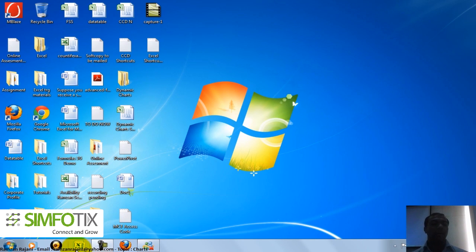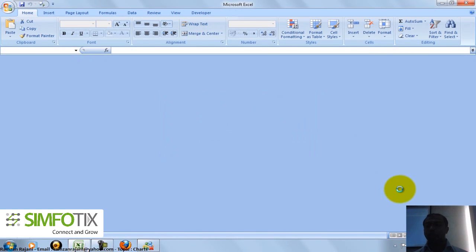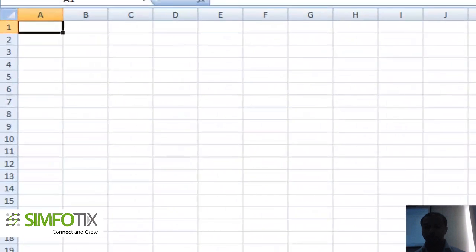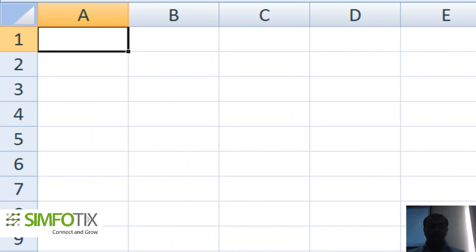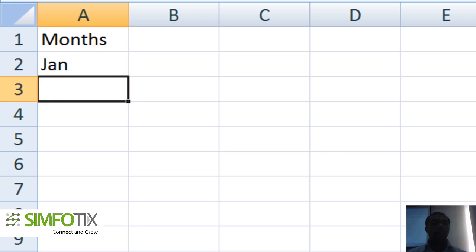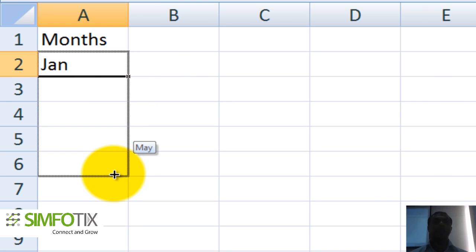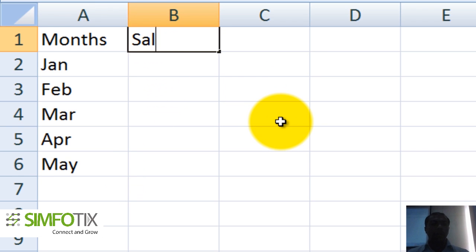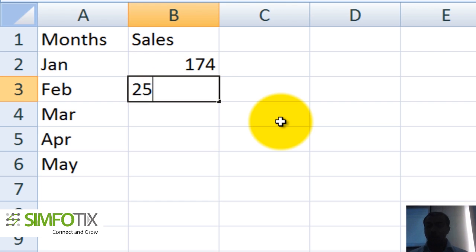So let's start. I'm opening Excel over here, and in Excel I am creating a small data. So let's say I have data something like this. I have months over here. I'm just typing Jan and dragging it for 5 months. I'm not adding May, June. So Jan, Feb, March, April and May. Over here I will say sales and put any random data. Let's say 174, 258,